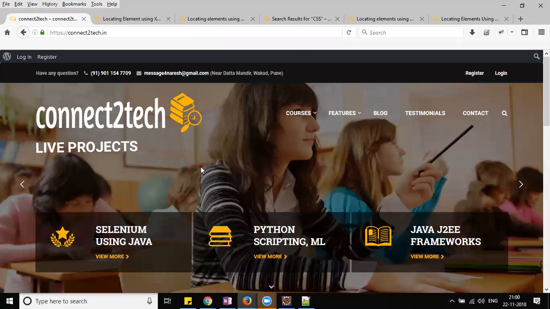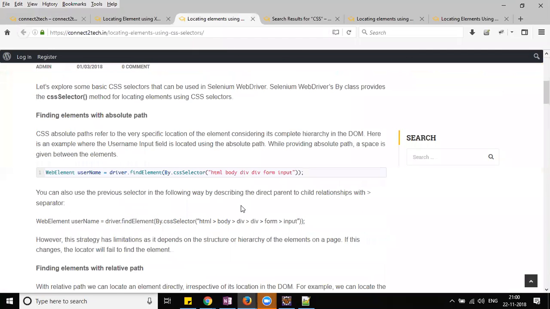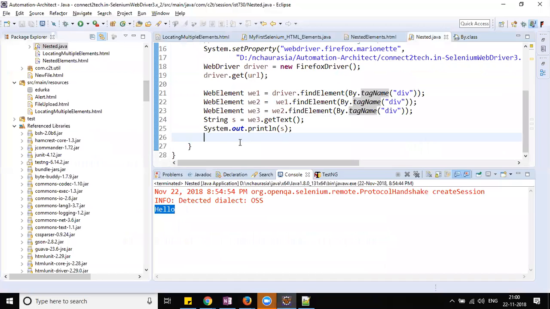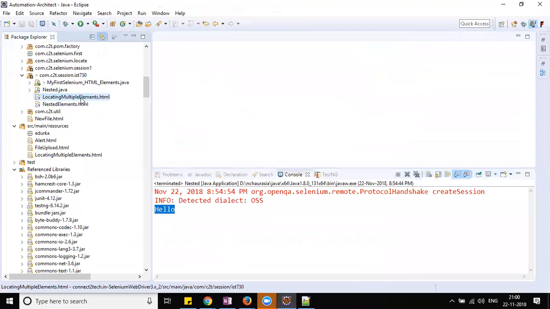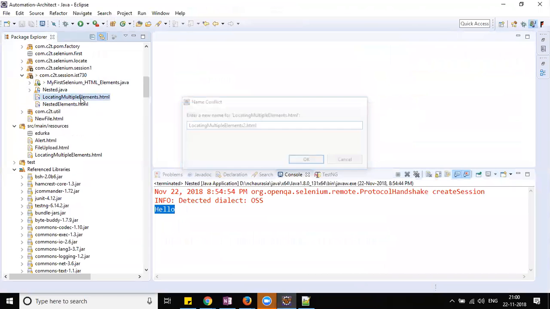Okay, so next we are going to make use of CSS selector. Now CSS selector is also very powerful and flexible. Let's look at some theory and then we'll move on to trying examples on that. So what I will do is I will create locating elements using